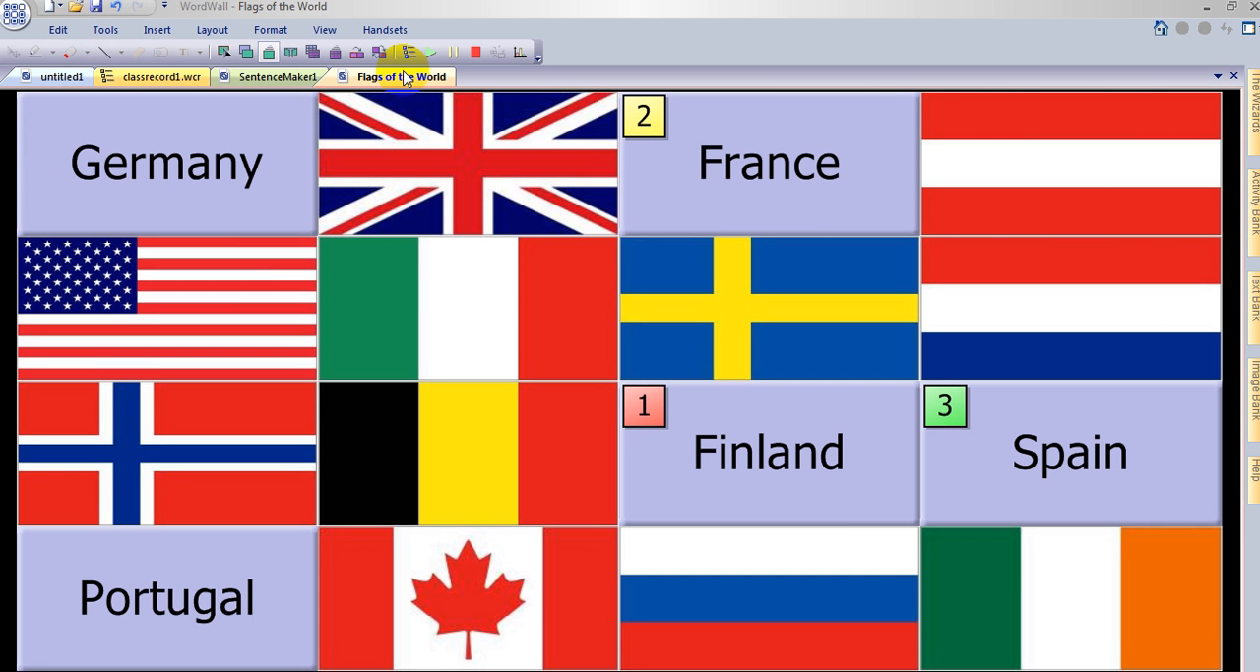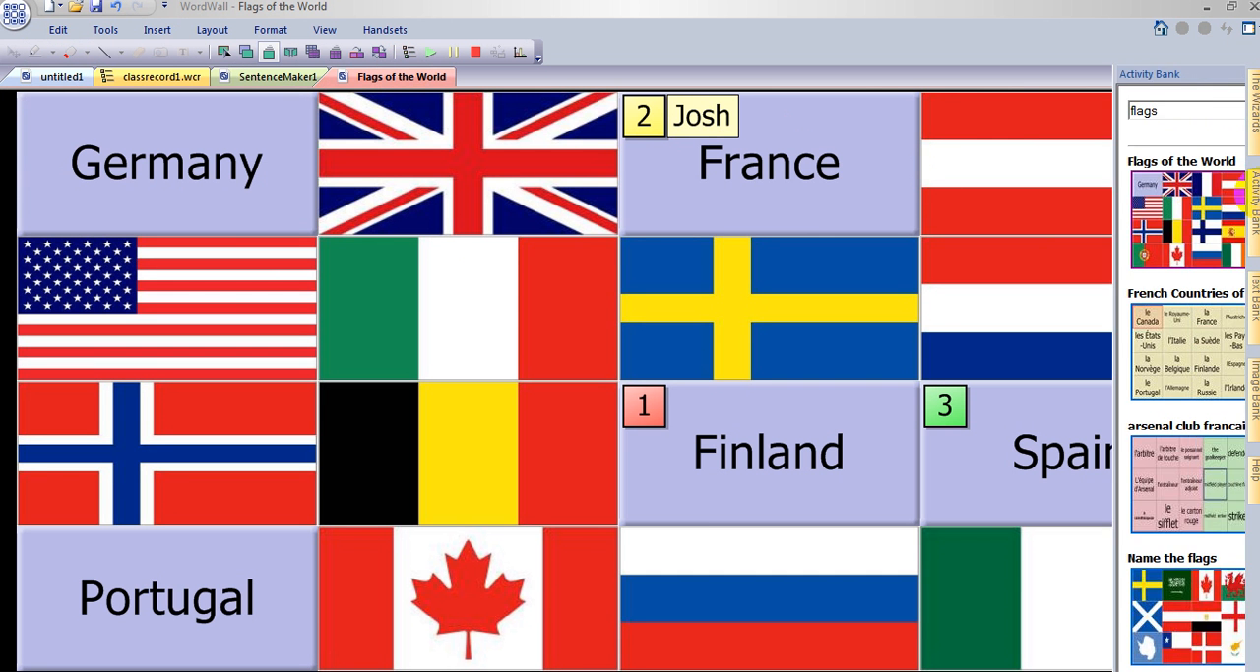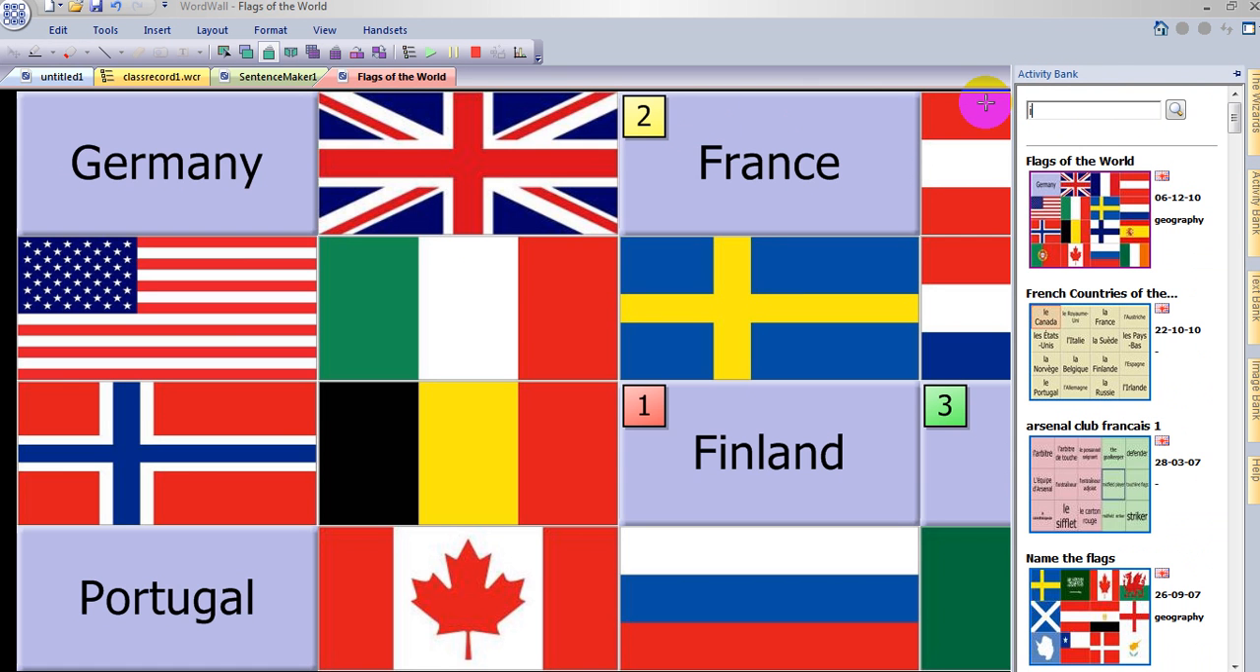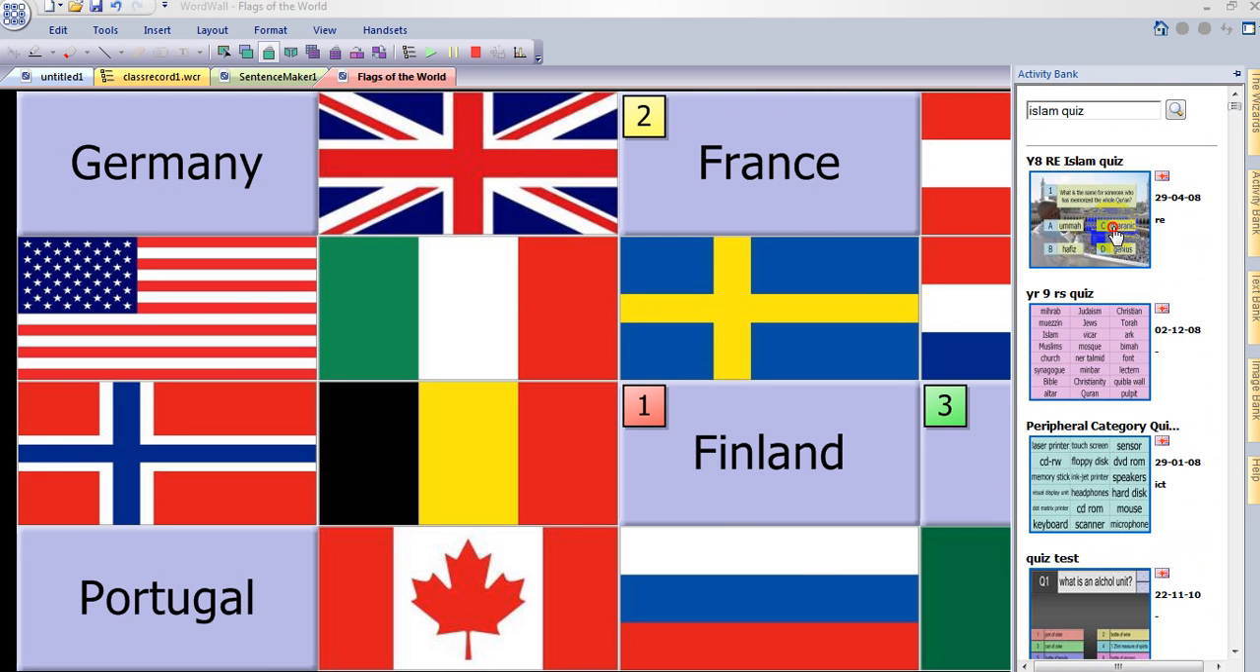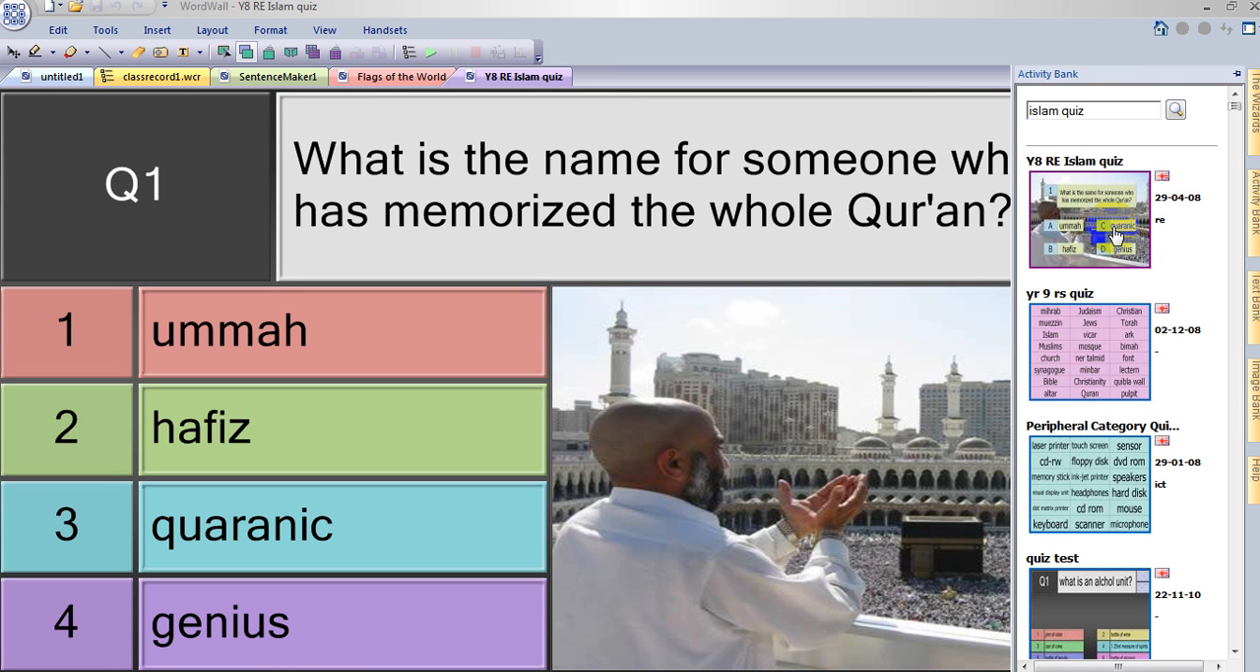Another thing we could do is say a multiple choice test, as a lot of other student response systems do. So if I went to the activity bank again and I looked for a quiz on Islam, I could type in Islam quiz and we could then load up a suitable multiple choice test. Now one way that we could do this is we could simply do it through the whiteboard screen. So all 30 students would answer question 1, and then the teacher would flick it to question 2,